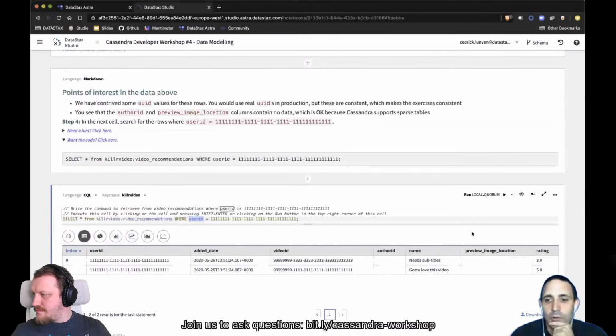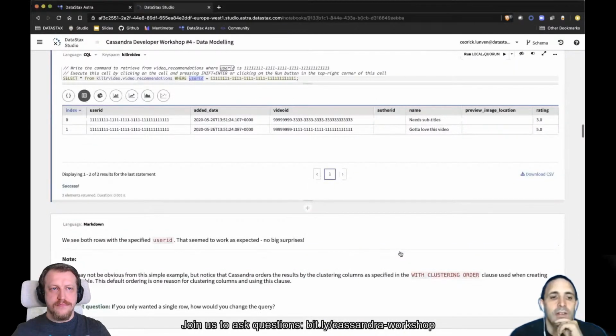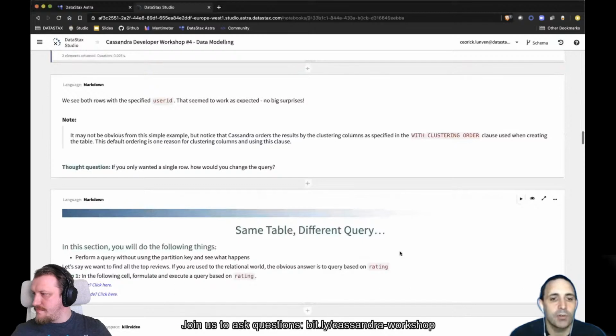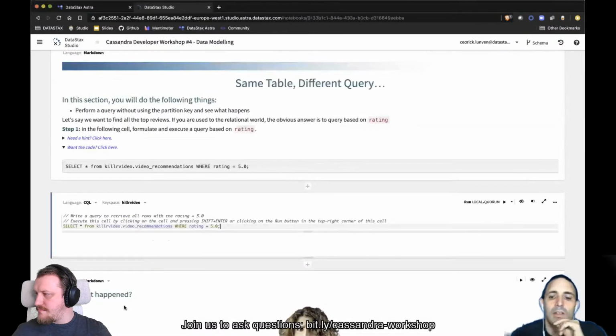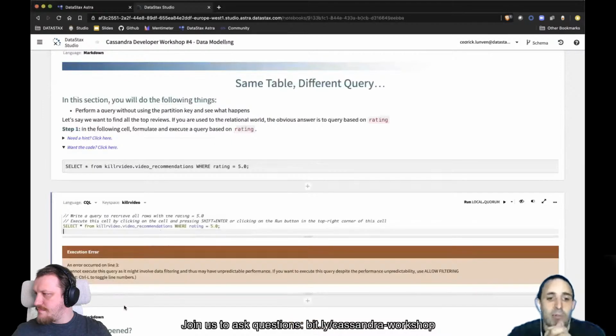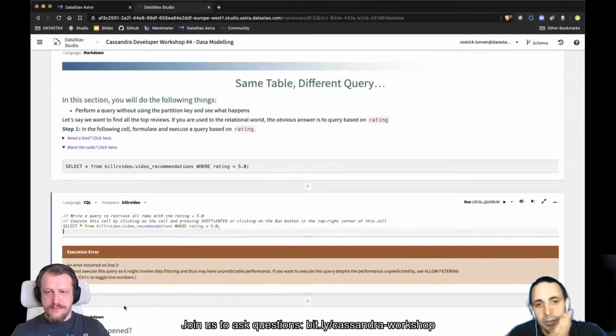But look at the rating. Now, if I try to execute the same query, but instead of providing user ID, I provide the rating. Rating is not part of the primary key, so bada boom, error.